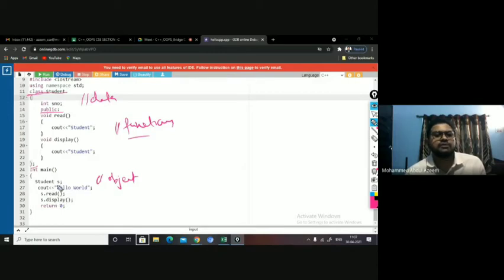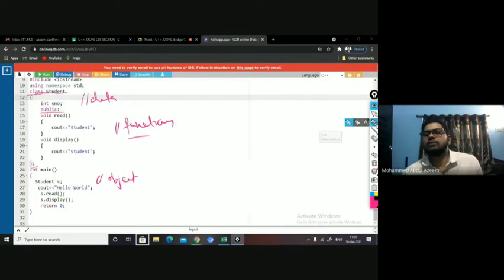I am now invoking the functions read and display through S. S dot read, then S dot display. When I invoke read, the read function is going to be executed. When I invoke display, it's going to execute the display function, right? I hope it is clear how to write a simple class.